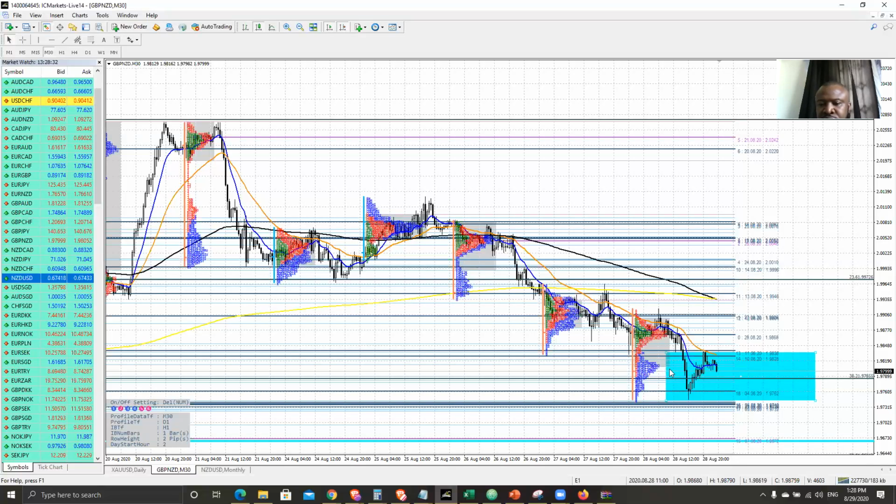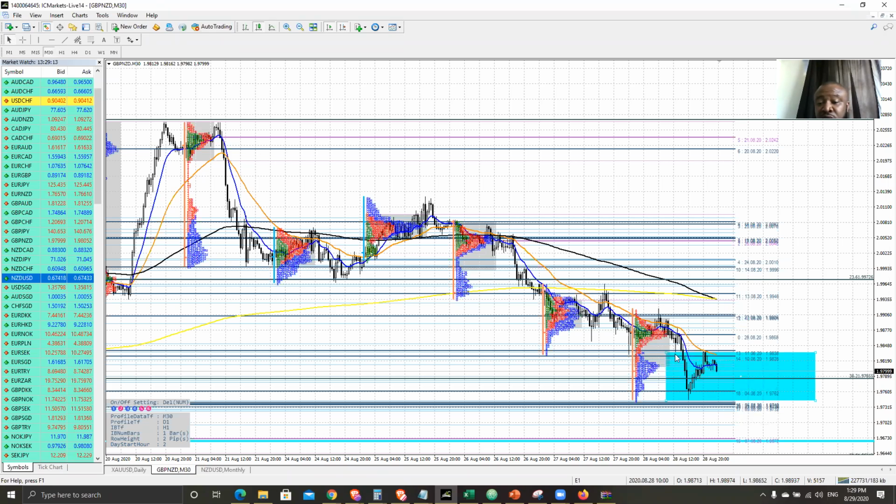Next week, we're going to open below, potentially. If we open where we are now, the way that we close, everything is telling me that we will potentially come and test this low. Come and test the low of the day first of all, before we can see whether there are more buyers in this market to push the price up. So I'm not going to jump in and buy anything. I'm going to be looking for a reason to come and test this low. And why? Just because we close below this profile low, right? It shows me that the sellers closed with a significant strength.